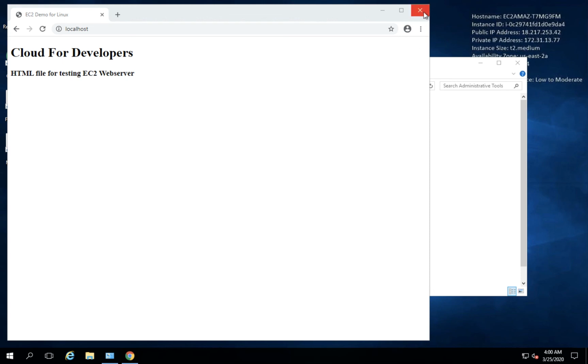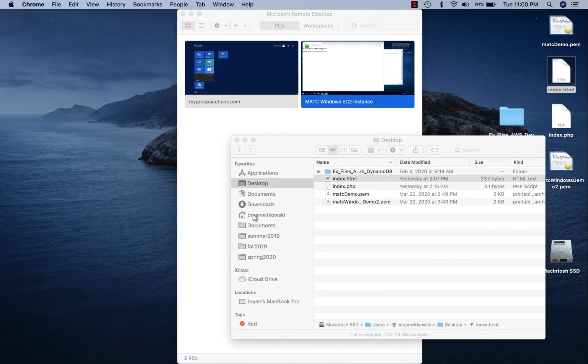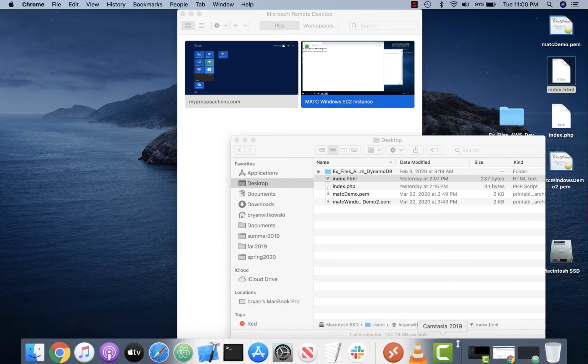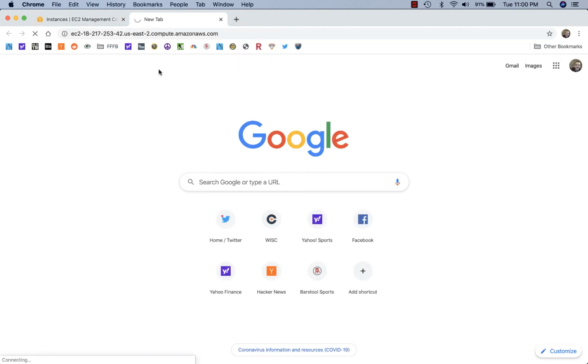I'm going to go back over to my host operating system now. And I have Chrome minimized. And the idea here again is I have this public DNS entry, and I should be able to see that HTML file that I wanted to see, but it's going to fail because there's a Windows firewall rule set up